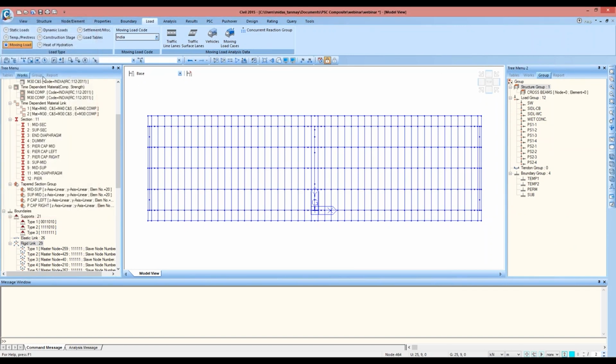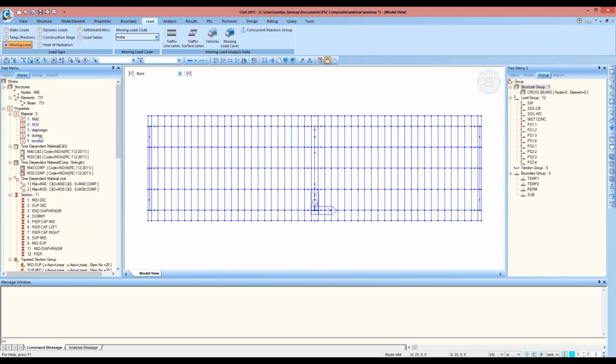In this group I'll add all the dummy members as well as the diaphragm members, so I'll activate the dummy members and the diaphragm members, because both of these will be acting as cross beams for the definition of traffic lanes.